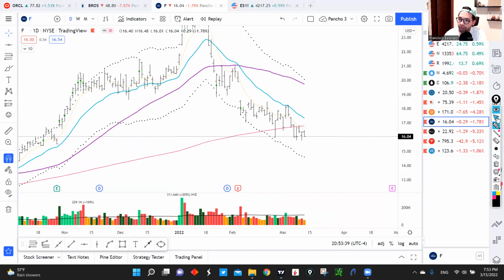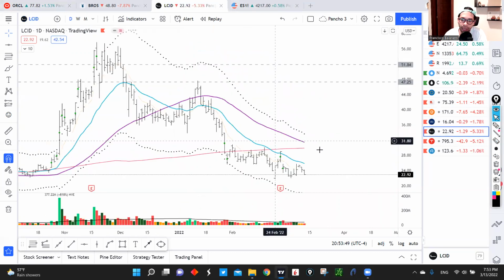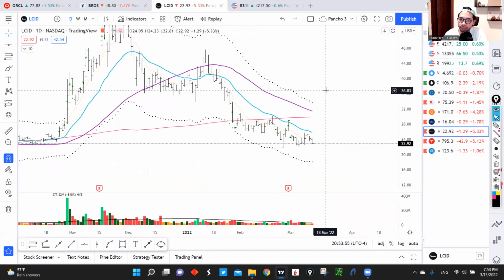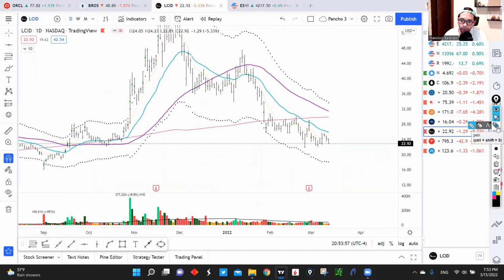So that one is looking pretty interesting to the downside, basically flagging, right? For me, this is a bear flag below this 200 daily, and I think that we will continue to move lower. Now let's go into the next name. I have Lucid here. Let me just erase these levels. It's a pretty similar pattern. We kind of have this topping pattern. We lost the 50.